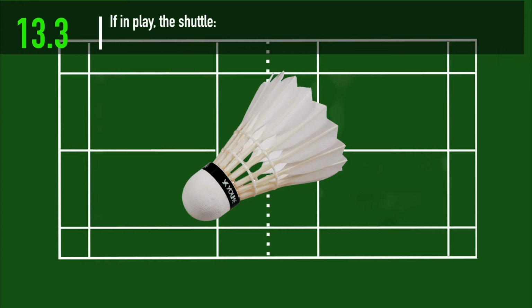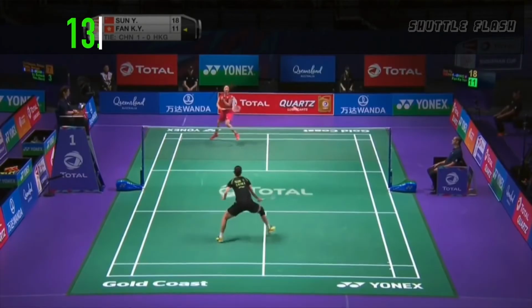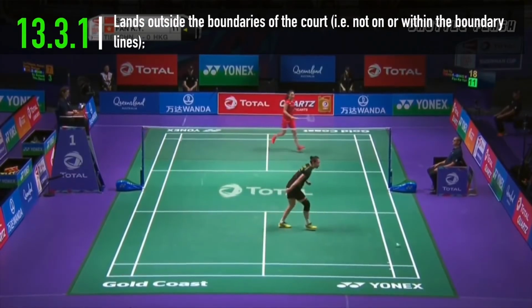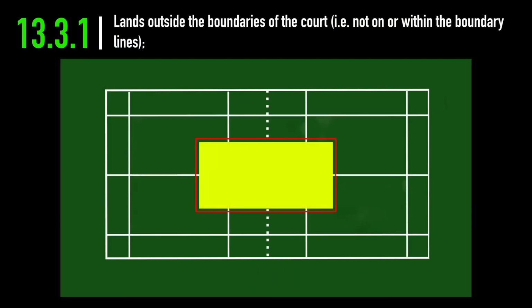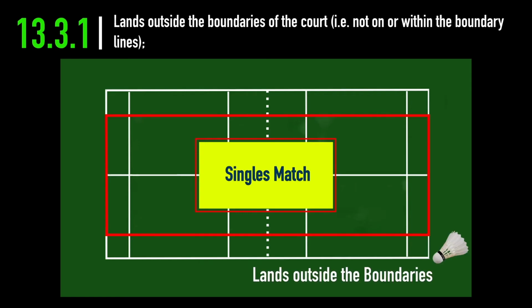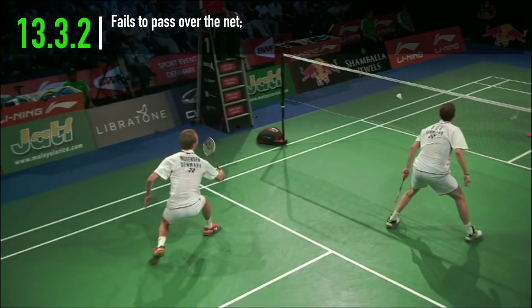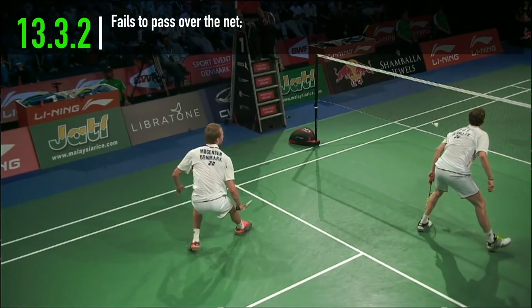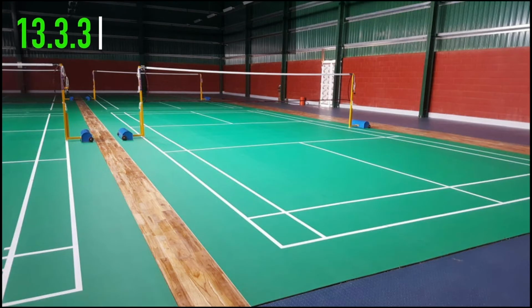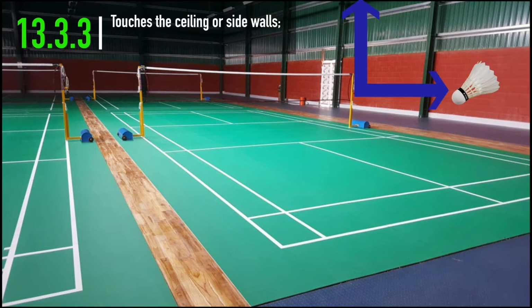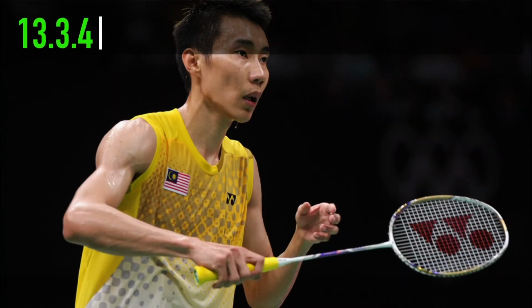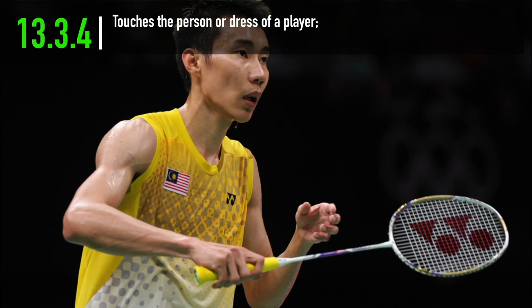13.3 If in play, the shuttle: 13.3.1 lands outside the boundaries of the court, that is, not on or within the boundary lines; 13.3.2 fails to pass over the net; 13.3.3 touches the ceiling or side walls; 13.3.4 touches the person or dress of a player;